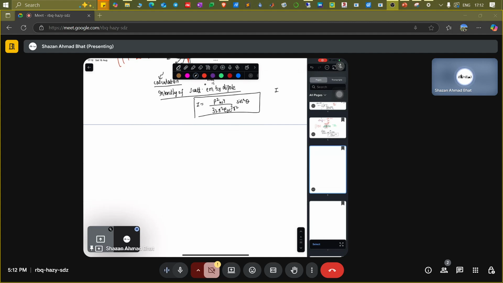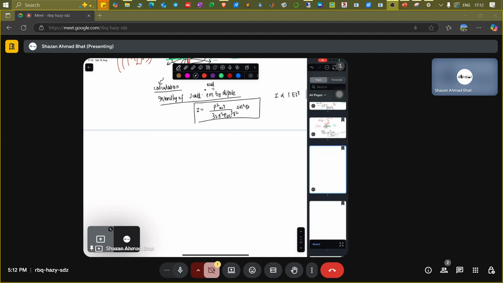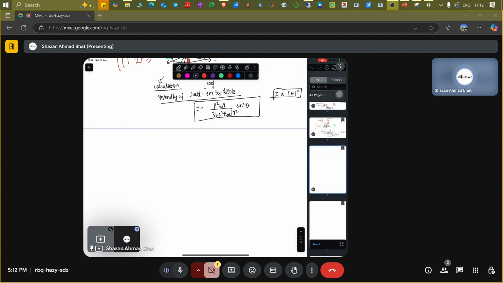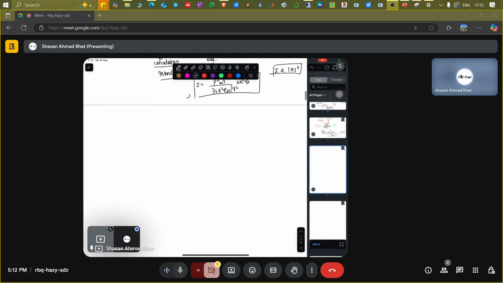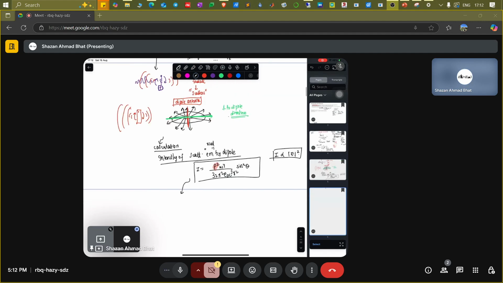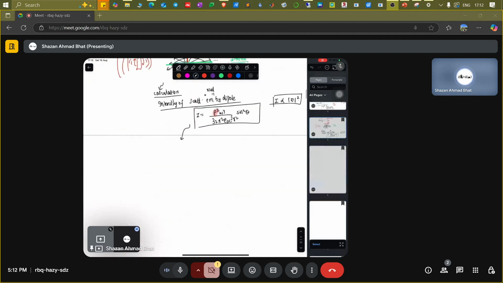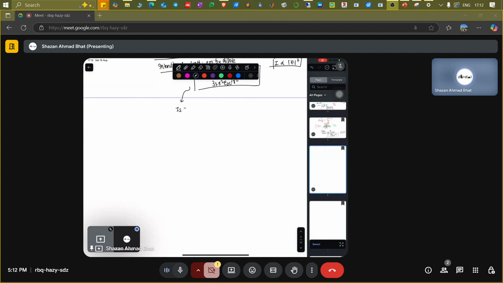Basically, intensity is directly proportional to the electric field squared. I don't know why it's behaving weirdly today. Intensity is proportional to the electric field squared, and once you know other things, you can basically compute it. So using the value of P, where this P is this thing here, this is the polarizability which we obtained here in the previous sessions, you can basically compute the scattered intensity to be equivalent to this particular thing,